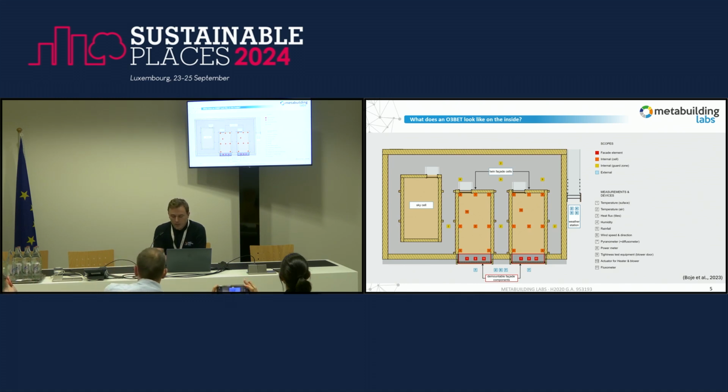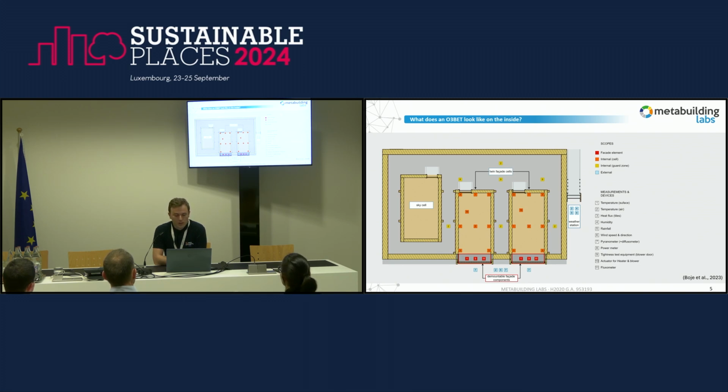So I guess what makes it special, again, in terms of a digital twin, is that we don't have just one digital twin. We have multiple digital twin scopes or multiple layers. We have the digital twin of the building itself, so the facility. We have the digital twin of the cell, and we have the digital twin in a way of the facade element. The facade element, you see the sensors in red. Those can be different types of sensors at different moments of testing.